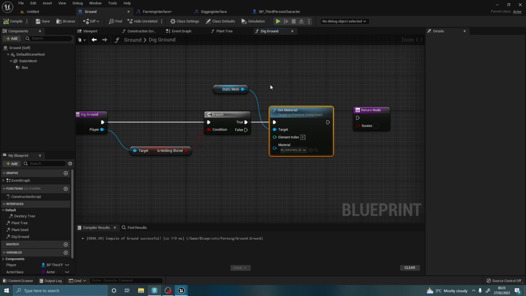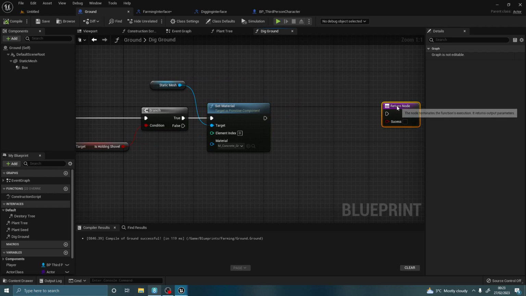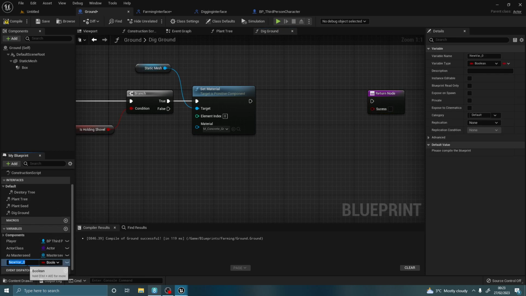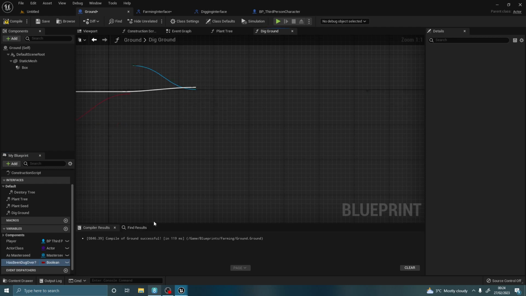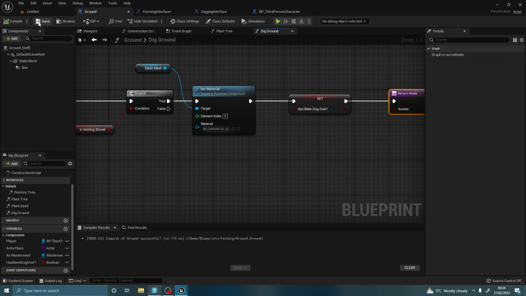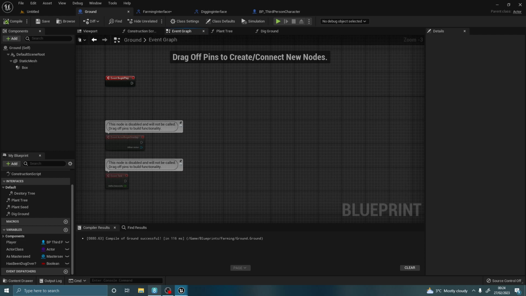Okay, and then we're going to create a boolean in here, in the ground, and say that it has been dug over. So we need to create a component, and this one here as has been dug over, question mark. We're going to pull from here, we're going to set it, and we're going to set it to true. Okay, and we're going to compile this and save. So now